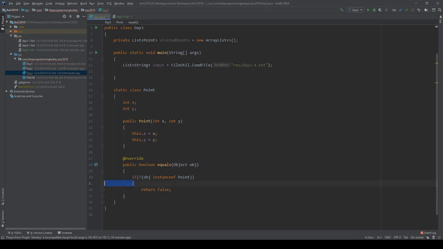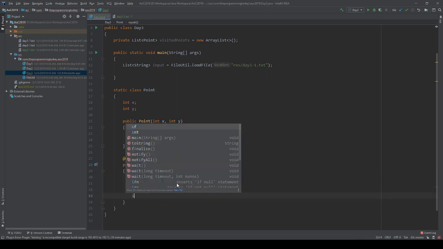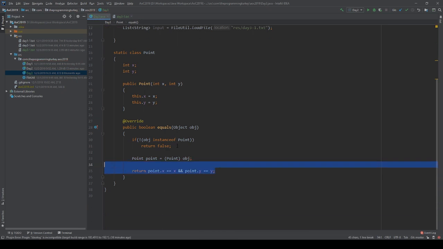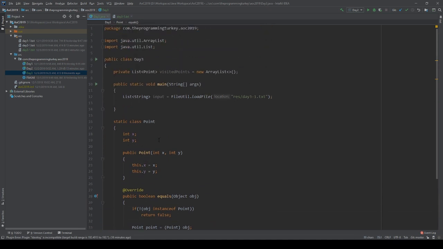All right, so outside of this, we will first check. We actually will just return then. We will cast the point. We'll go ahead and cast this object as a point. That way we can access the x and y, and we will return simply point.x equals x and point.y equals y. If those two are equal, then the points are at the same point location. If they're not equal, they are not, and from there. So